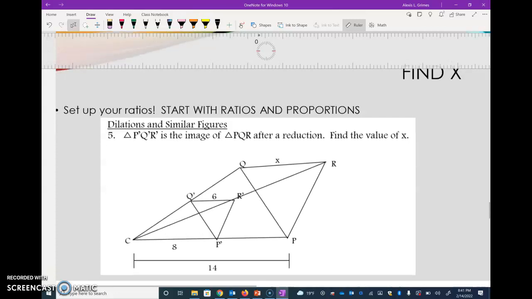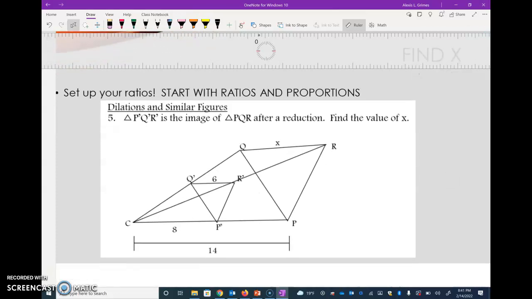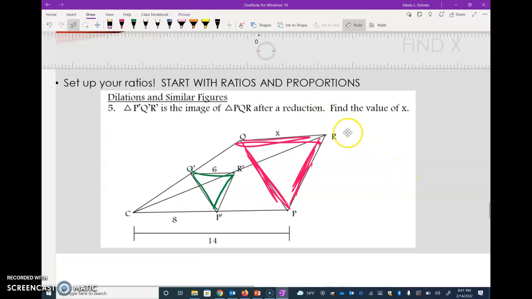All right. We can also use those same proportions to find x. So I'm going to find my shapes first so I can see them. Here's my shape. And then here's my other one. So I'm seeing some sides labeled here, and we also have the distances from the center. Remember, we know how to do ratios with both of those. I see this top side corresponds or is the same spot as this over here, QR and Q prime R prime. So I'm going to write that as x over 6